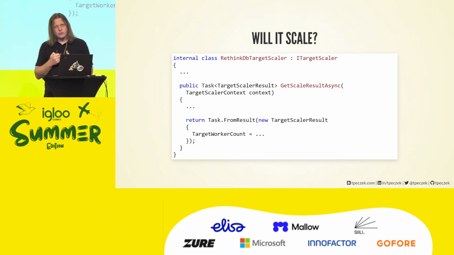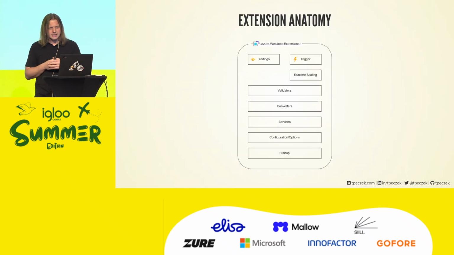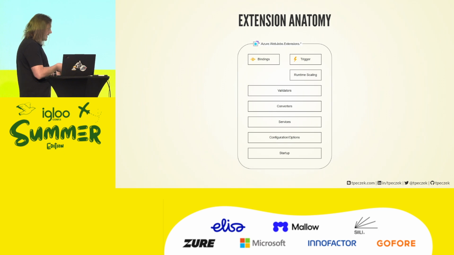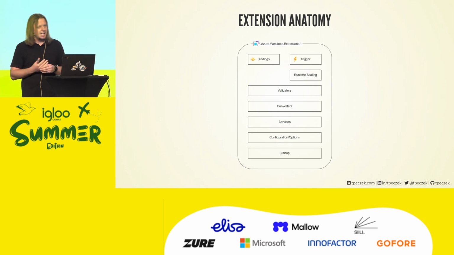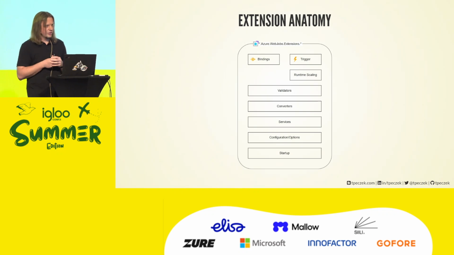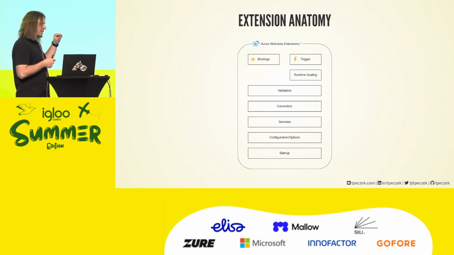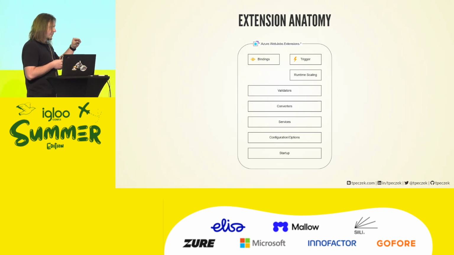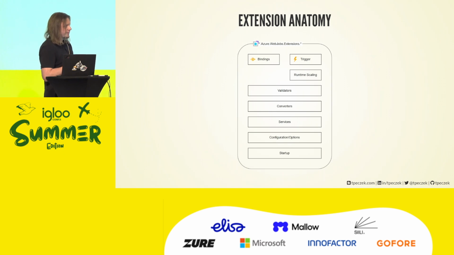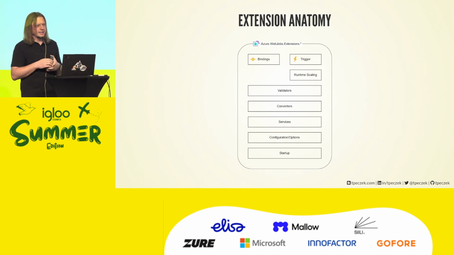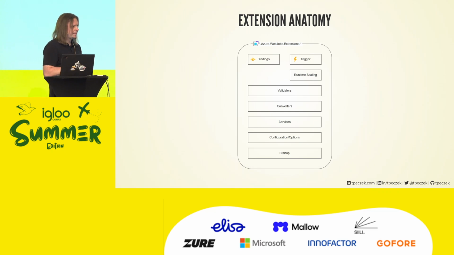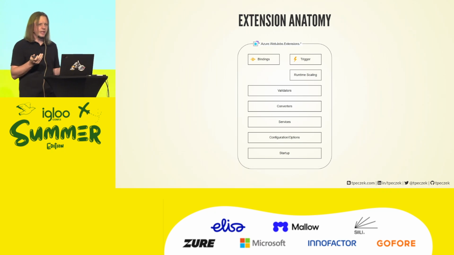But what is the biggest value for us as developers is that this runtime scaling capability is sitting in the extensions. If we are using it, we can analyze it, very carefully understand how our Azure Functions should be scaling, on the level of a single trigger, single extension, and the level of the entire function app. Because, as you could notice, that scaling mechanism is attached to a listener, right? And how many listeners are there in every function app? As many as triggers, right?